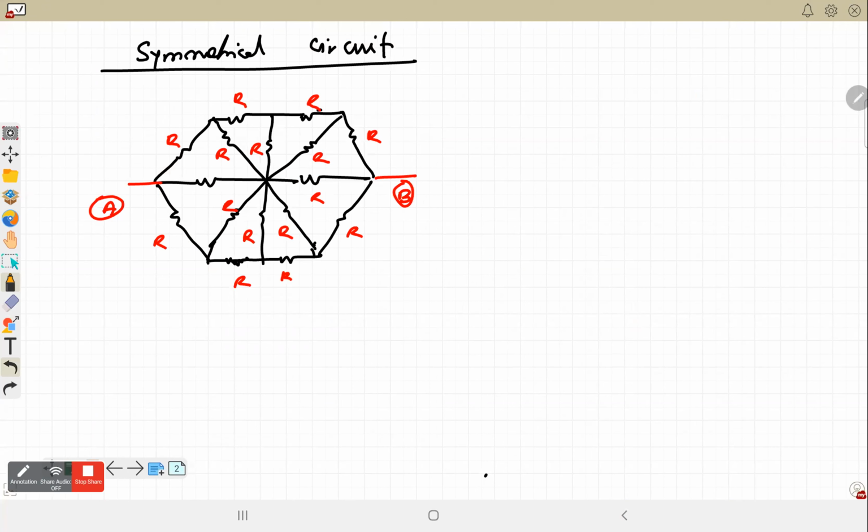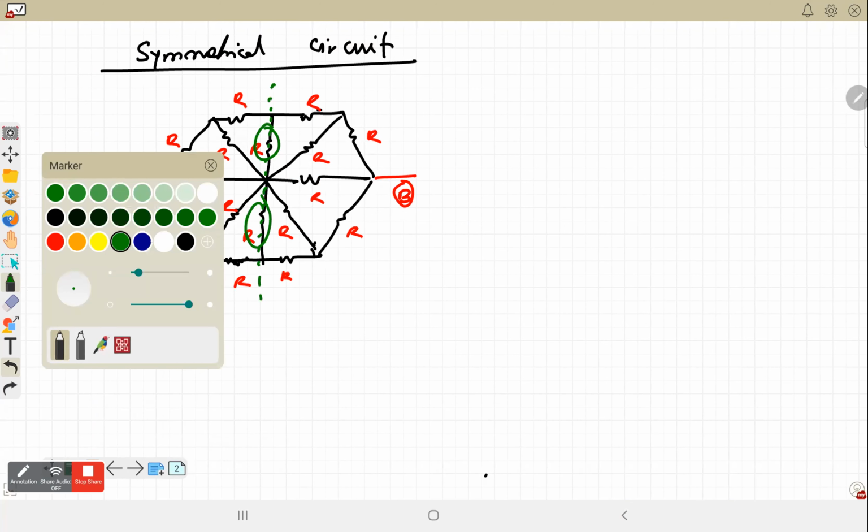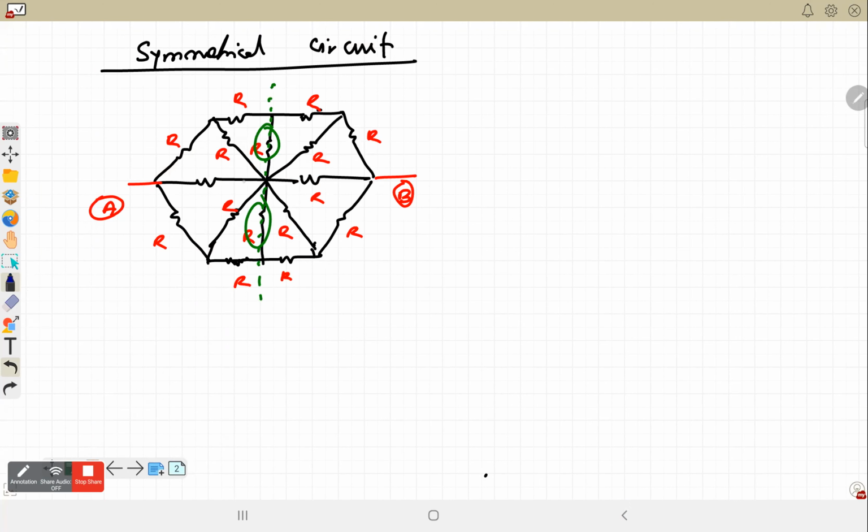Well, we have done these plane of symmetry concepts in the capacitor circuit also. So we need to find out this resistance between A and B. The logic was, if there is a plane of symmetry, all the resistors which lie on it will be removed. Any junction which lies on the plane of symmetry will be opened like this, so that there will not be any current. Find the equivalent resistance between A and B in this circuit.